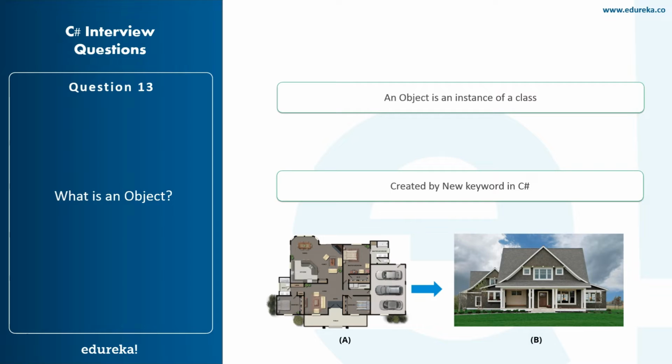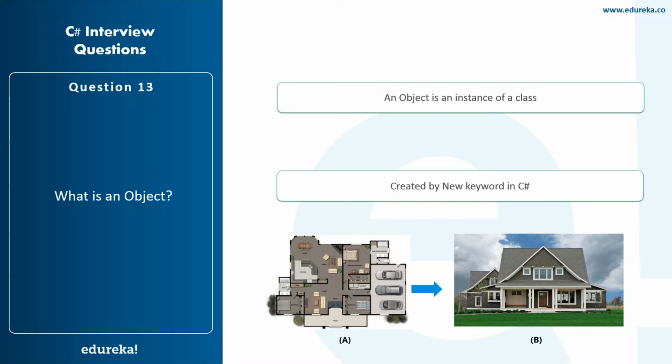When I talk about this picture over here, think of this as a blueprint of a house. Well, this picture is again repeated in the next question when I'm going to be explaining what a class is. The house on the right hand side is basically an object of the blueprint, which is also called part A. So the picture in part A basically depicts a blueprint of all the houses, showing how a normal house should look. And the picture in part B is an object. So this part B picture also denotes that it is an instance of a class.